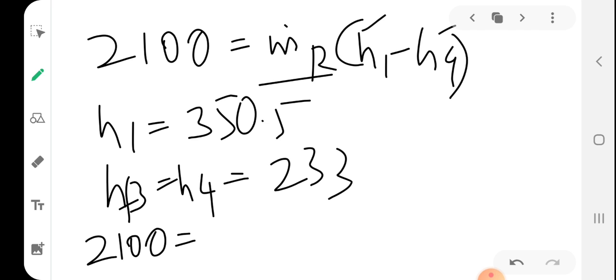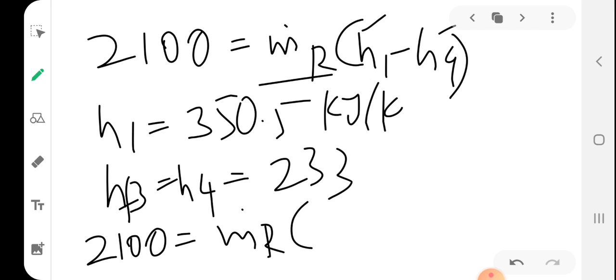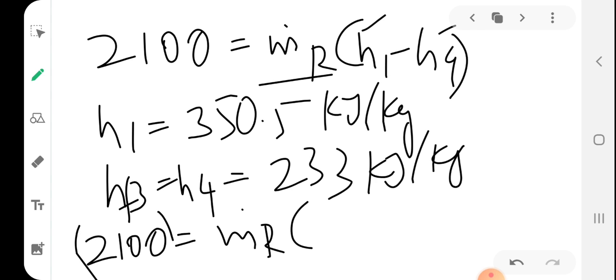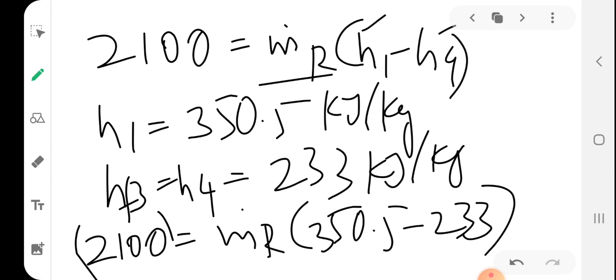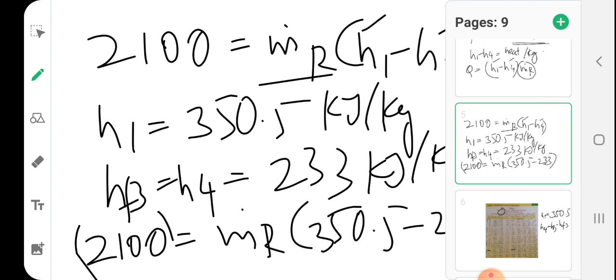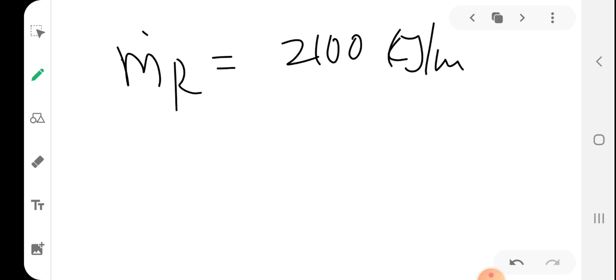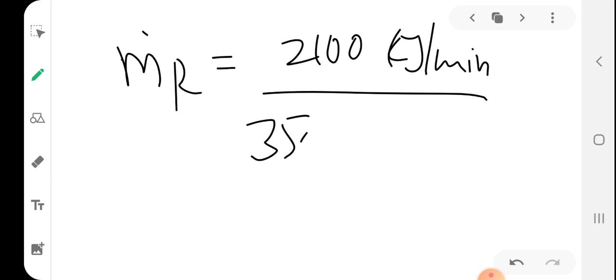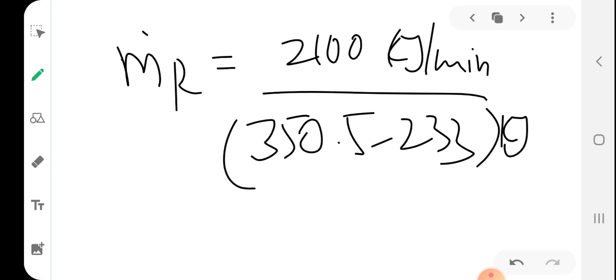2100 equal to m dot r into (350.5 minus 233). Here the units are kilojoule per kilogram for enthalpy, and kilojoule per minute for the load. And you will get m dot r equal to 2100 kilojoule per minute divided by (350.5 minus 233) kilojoule per kilogram,